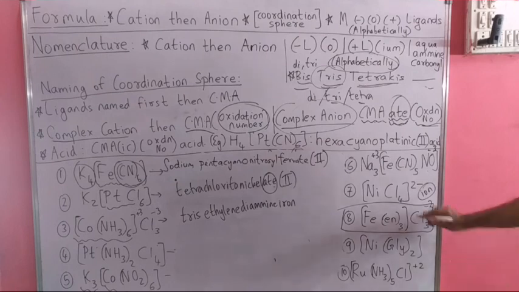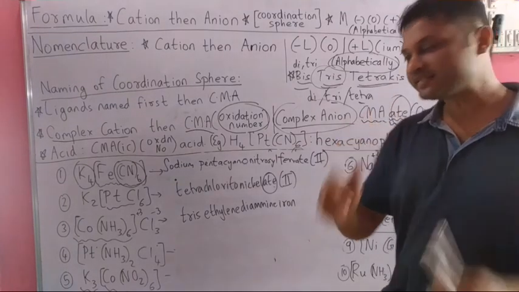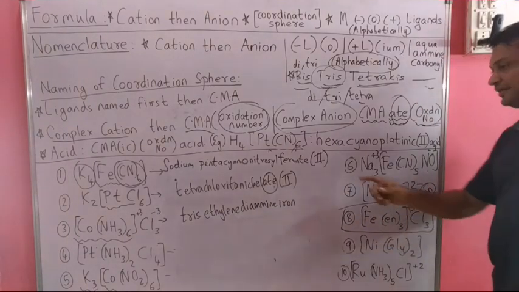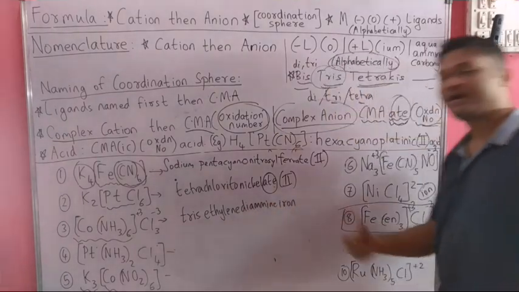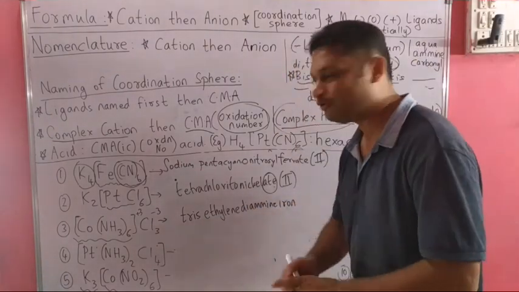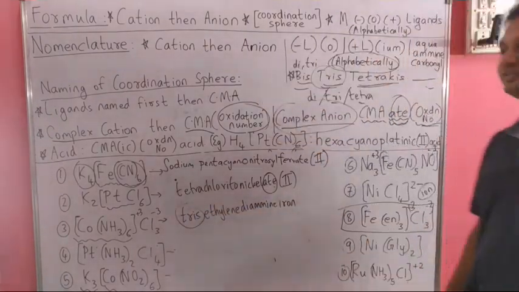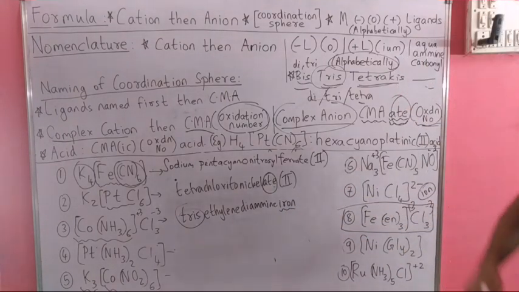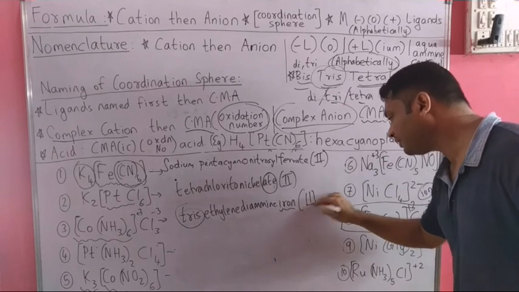Chloride has -3 charge here. So in this case, the name of this coordination compound will be tris ethylene diamine, tris because we have 3 ethylene diamines, and the central metal atom in this case is iron, and the oxidation